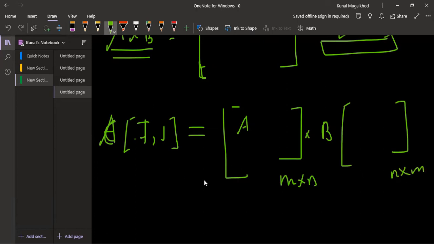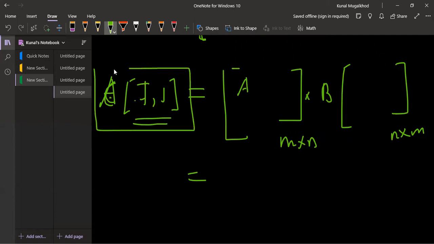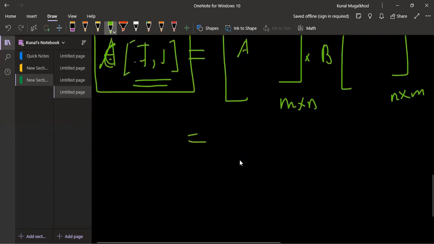Now we are deriving the formula to compute the value at this particular position. So how can we derive that? First you have to consider A, and for A you consider the ith row and kth column.